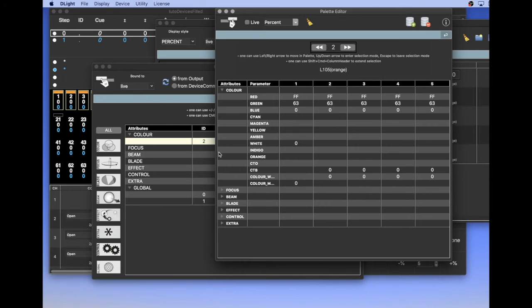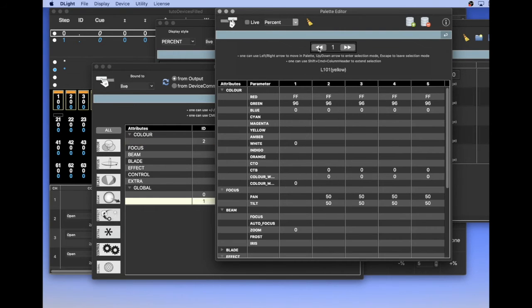If you want to work on a palette, let's say the previous one, the 101, you can move between palettes here, and you can use this function in order to purge everything.